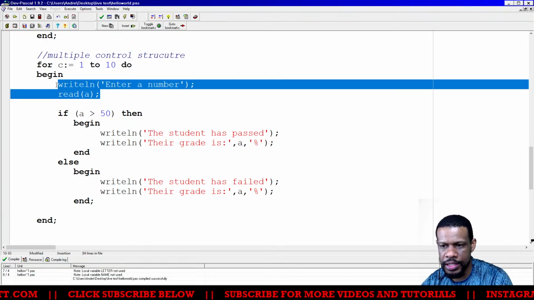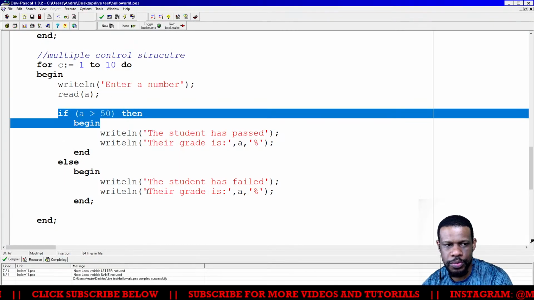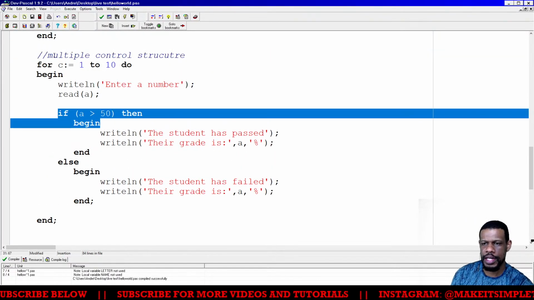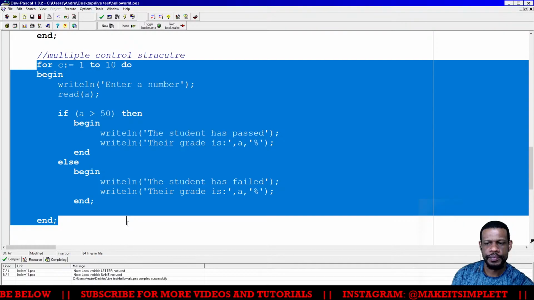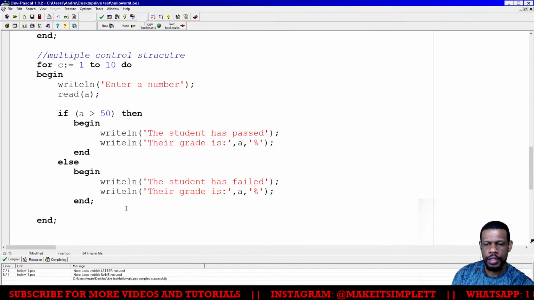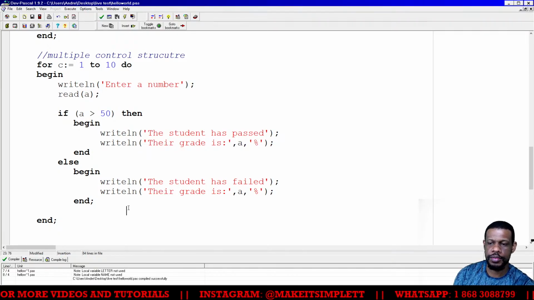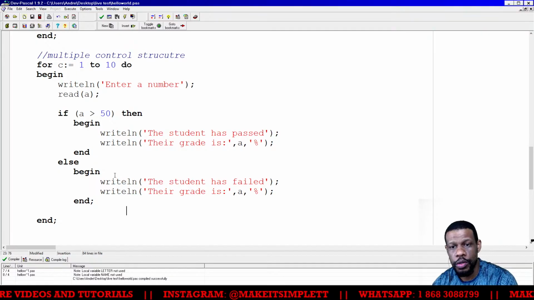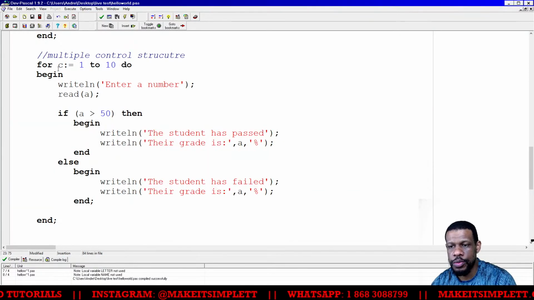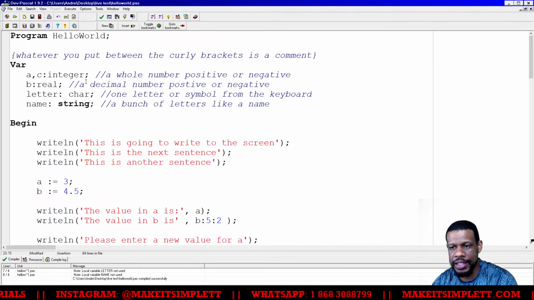And that was me creating a loop that is going to do two things: ask the person to enter a number and then check to see if it's greater or smaller, which is basically all the CSEC IT SBA is going to ask you to do. Loop something, then do an if inside of it, and that's all you need to do. Before, you used to have to do arrays and all that kind of stuff, but they've taken that out of the syllabus. So all you have to do is literally just be able to do a for loop and an if. So these are the basic things for Pascal.